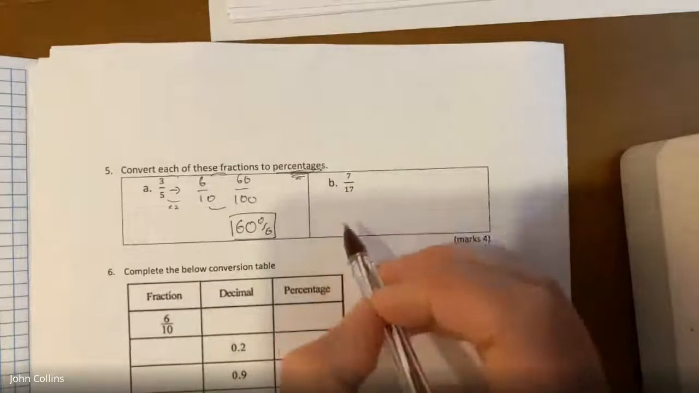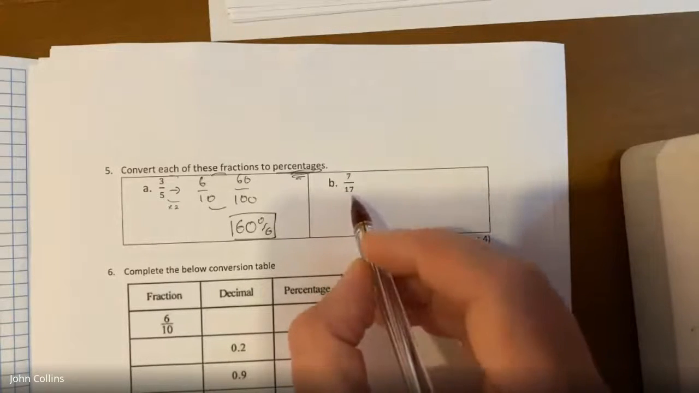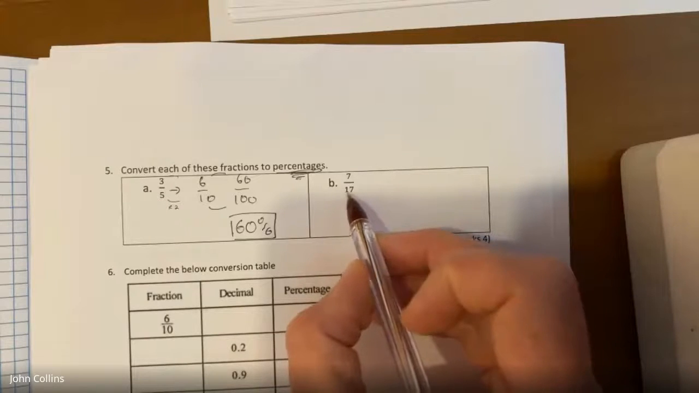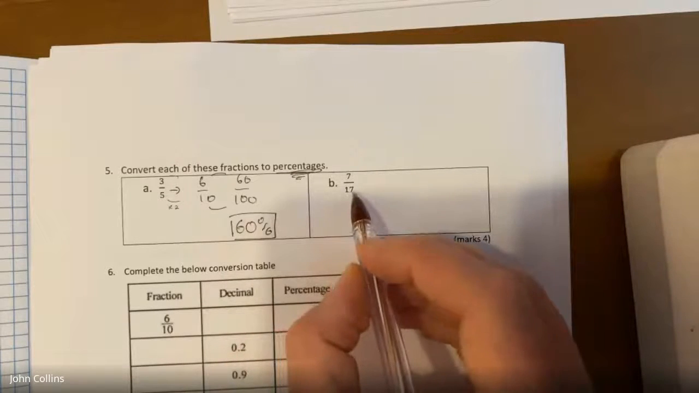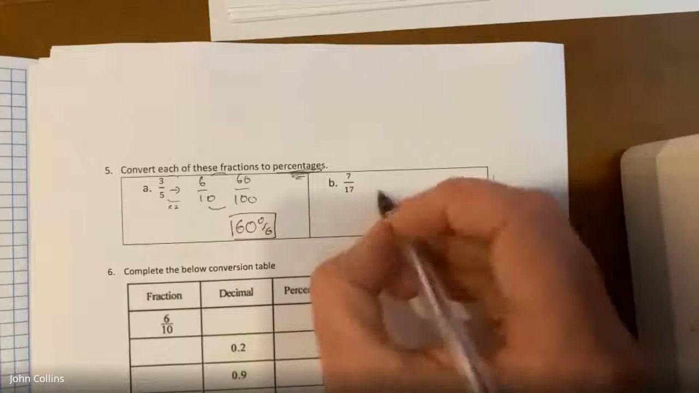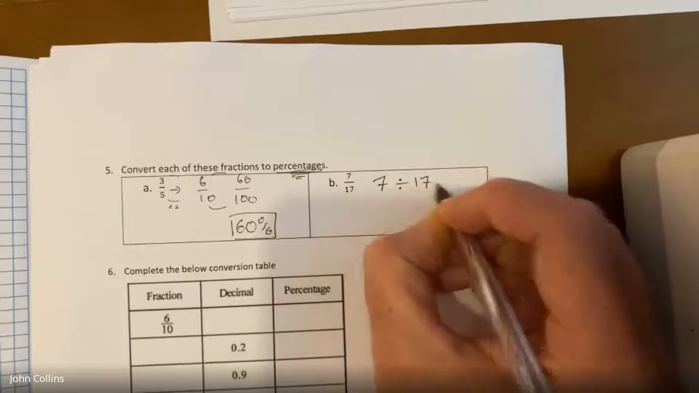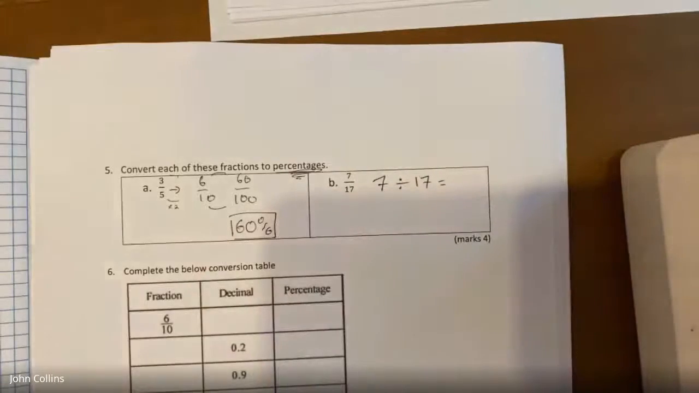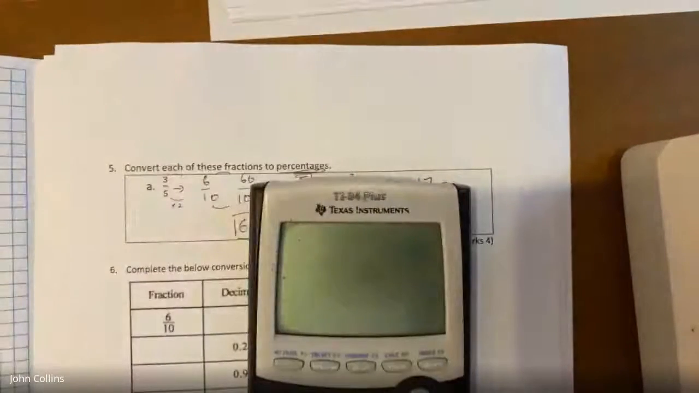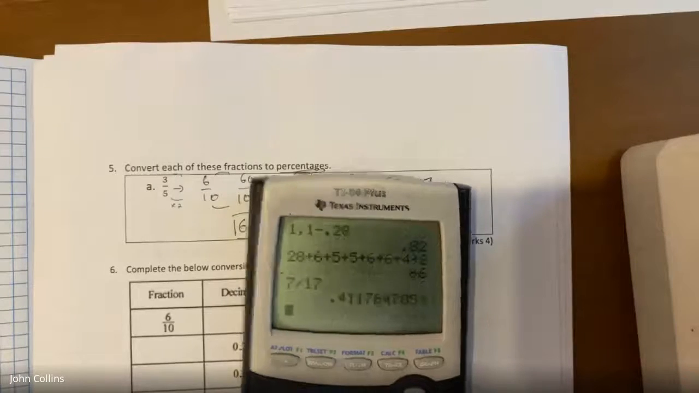Second one is not so easy, because this is a fraction that doesn't easily get to 100 as the denominator, so I probably have to use the calculator. How do I use the calculator? Well, I do 7, the numerator, divided by 17, the denominator. And that will change it to a decimal for me. So I've got my fancy calculator here. 7 divided by 17. And I get